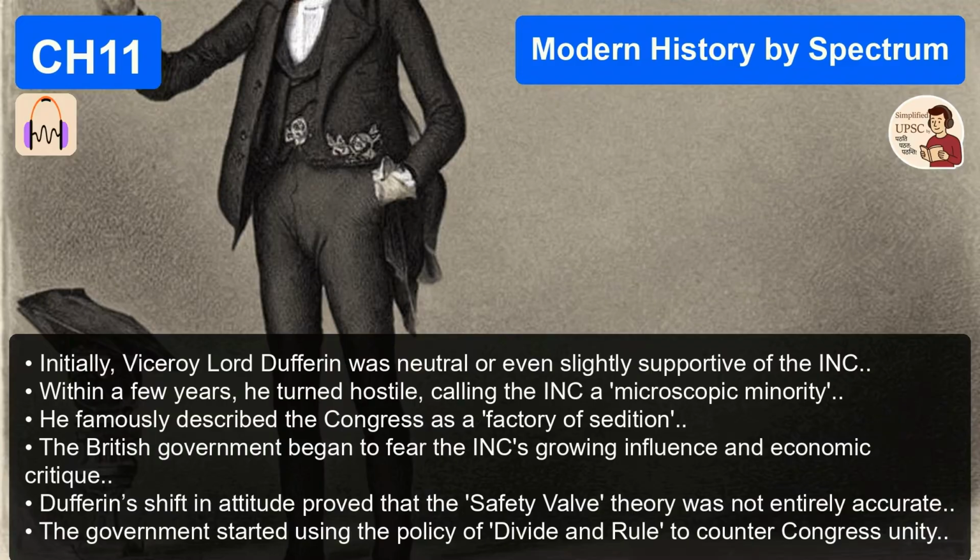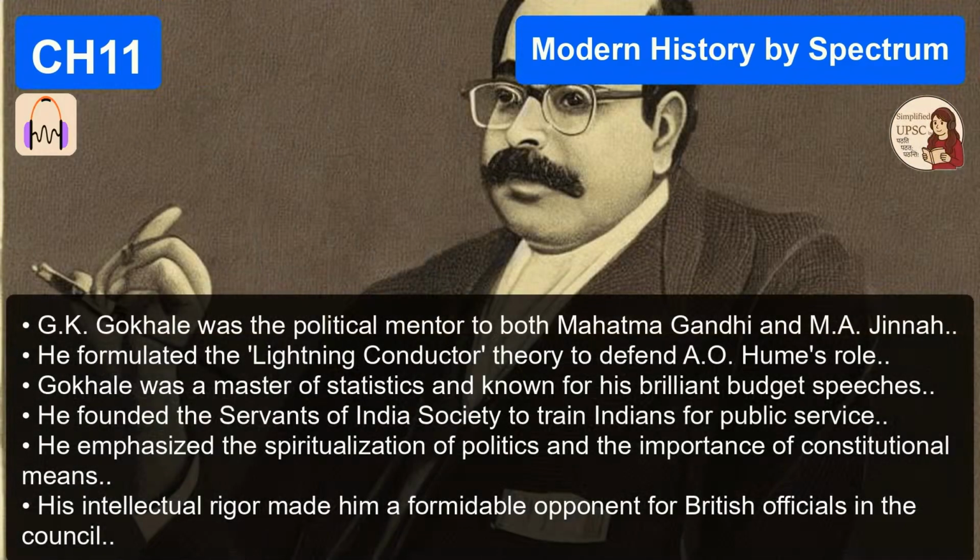It was entirely structural. They broke down the components of the drain. The biggest chunk was what they called the home charges. What were the home charges? These were expenses incurred in England that were charged to the Indian taxpayer. It included the entire cost of running the India office in London. It included the massive pensions paid to British civil servants and army officers who had retired and moved back to England. So Indian peasants were paying for the comfortable retirements of British officials in Sussex.